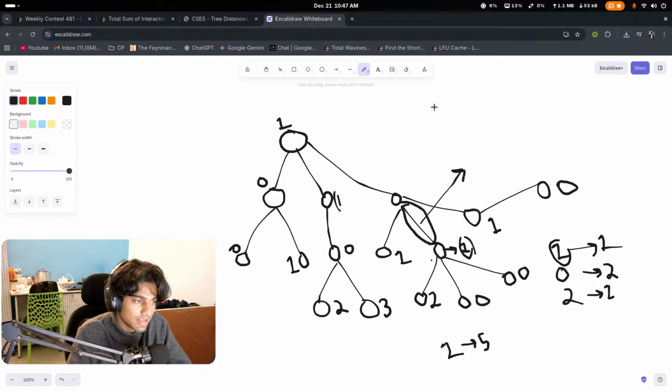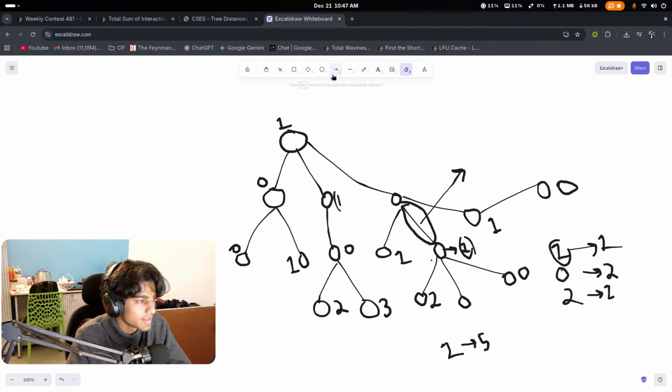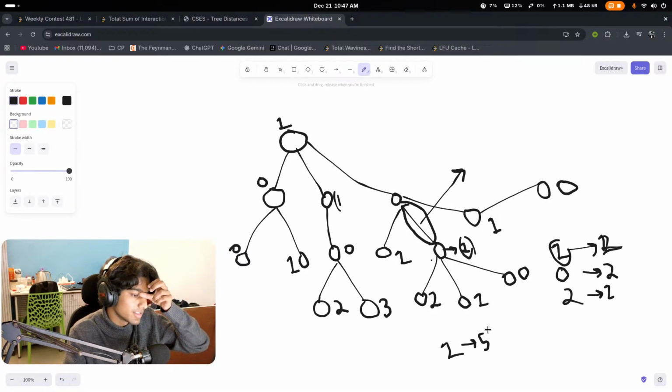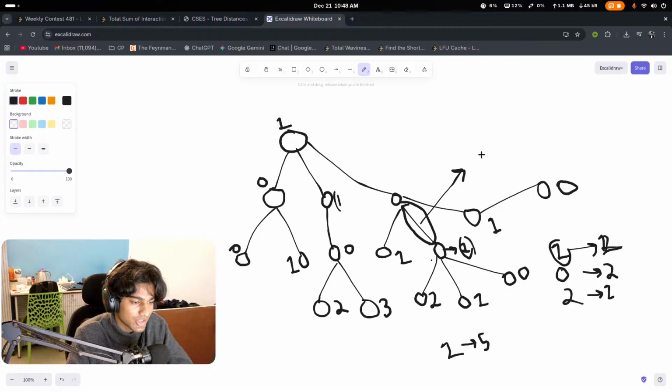So ultimately, the number of pairs is going to be the number of elements outside the subtree of the same group times the number of elements in this subtree of the same group. So it is just going to be 5 into 1. So if you have, let's say, two elements of group 1, then the answer is going to be 10 because now every single element can form two pairs. So the contribution of this edge is actually going to be